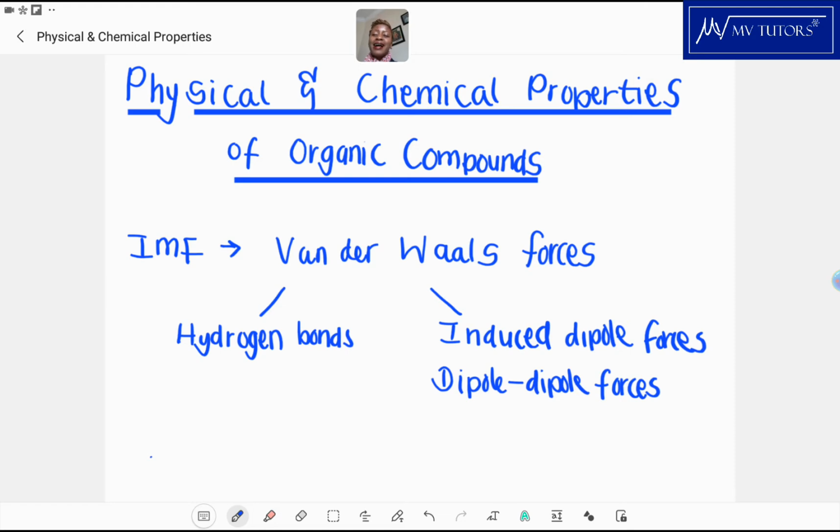So when you have induced dipole forces, you're going to take one non-polar molecule, let's say an alkane. So you're going to take two of those alkanes, and then when you bring them together,